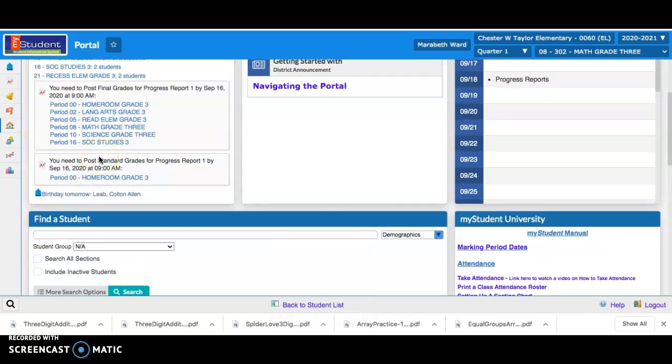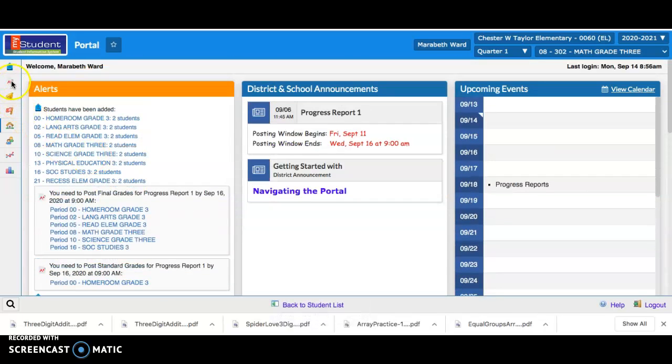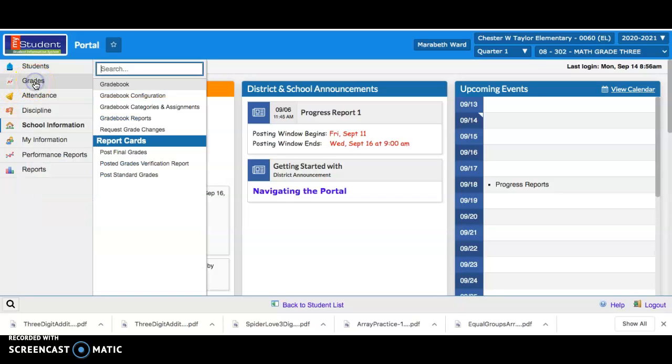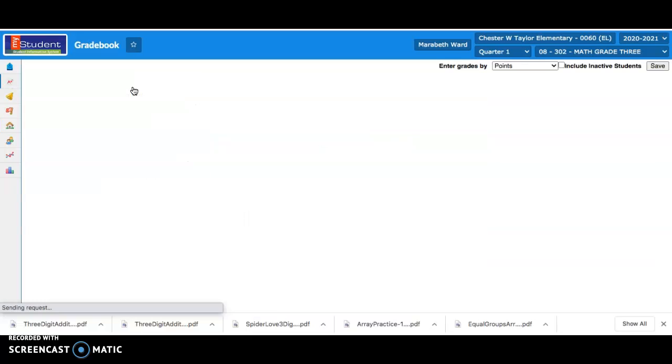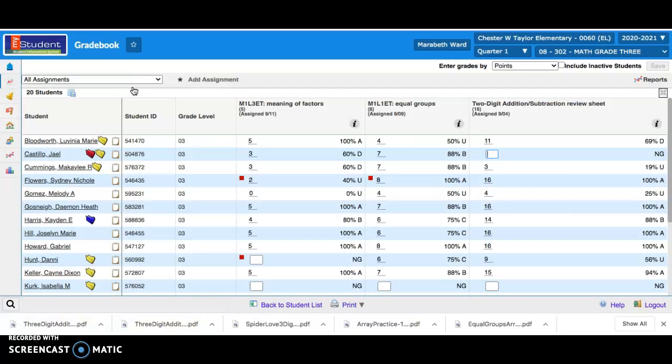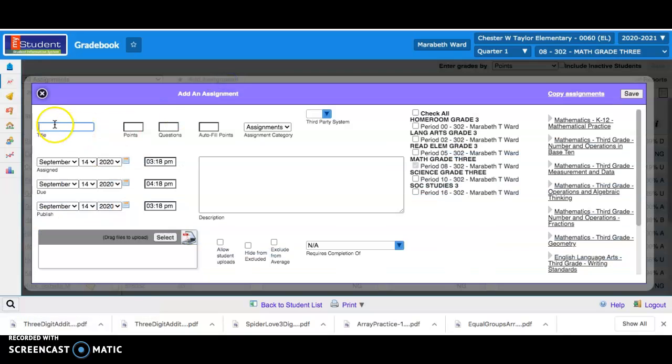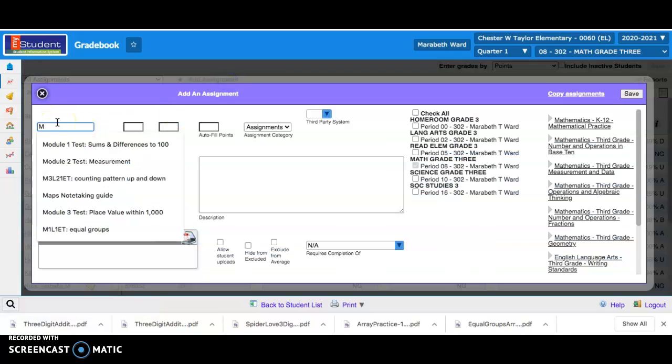Hey guys, so I'm going to just show you how I do grades on my student. So you go over to this little A plus thing, click grades, gradebook, and then I'm going to score the exit ticket from today. So I'd click on add an assignment, and then my personal code is I do M1